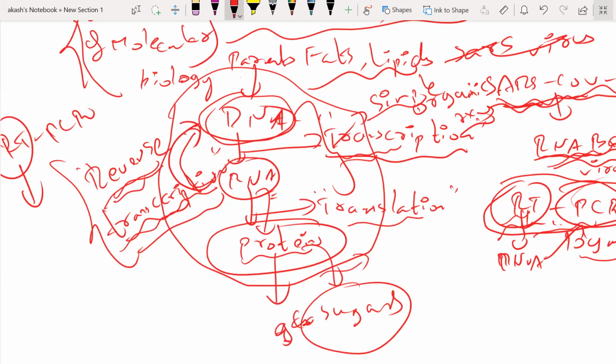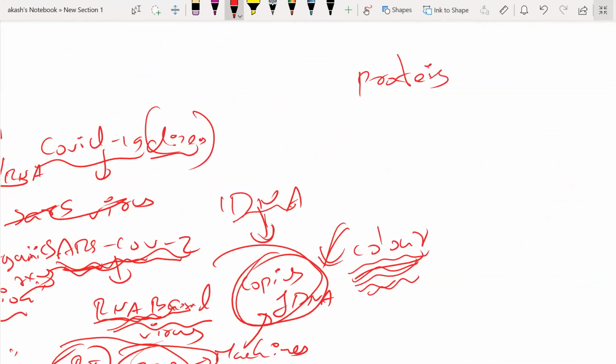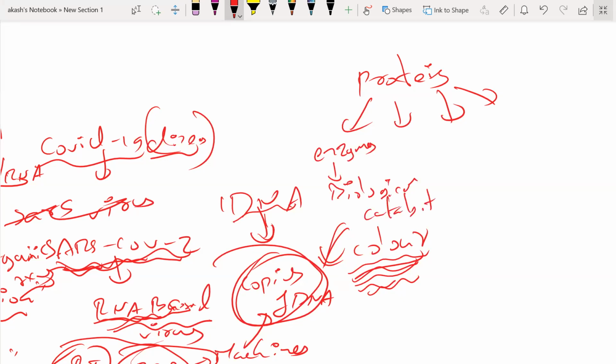So these proteins, when I say proteins, people, they have different functions in the body. They can act as enzymes. I know enzymes are nothing but biological catalysts. They can act as hormones, your estrogen, progesterone, adrenaline. All these are hormones. They can act as hormones, they can act as enzymes, or they can act as